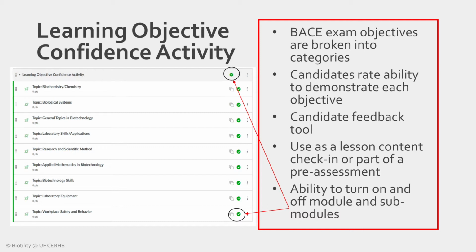The results of the activity could assist you in pairing students together or grouping students together. You could put a stronger candidate, or a candidate who feels very strong in maybe some content area, with a candidate who might not feel as strong with that content area.